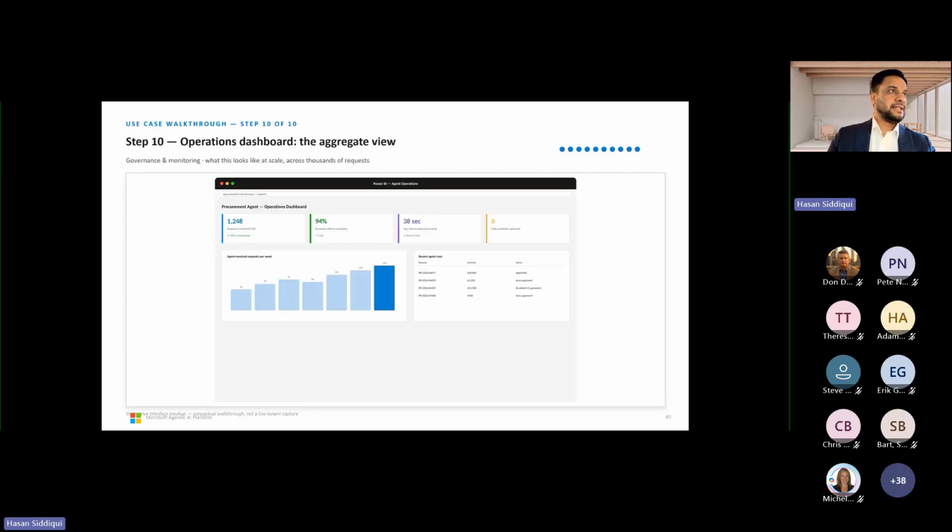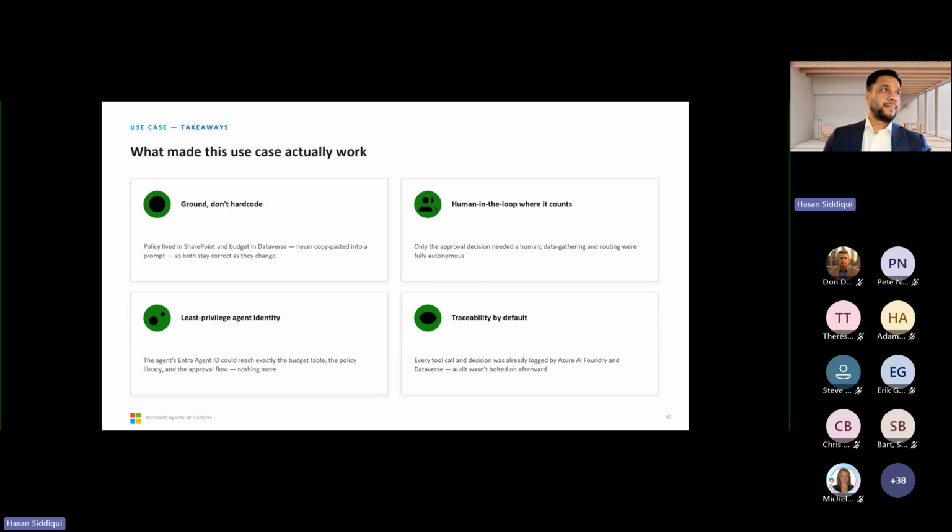You can see the dashboard in the end, how it's going to be. Through Power BI, we are building the dashboard where we can show how quickly we take action on our procurement system. What made this use case actually work? Ground and don't hard code: policy lives on SharePoint and budget data was never copy-pasted into a prompt, so both stay correct as things change.